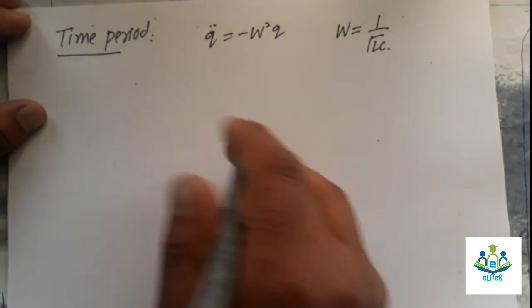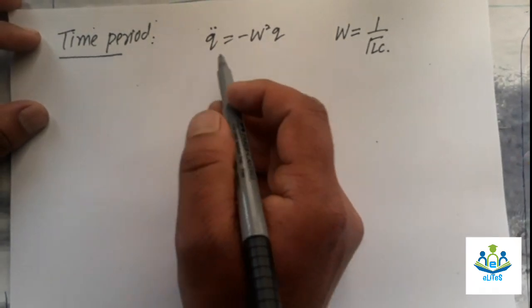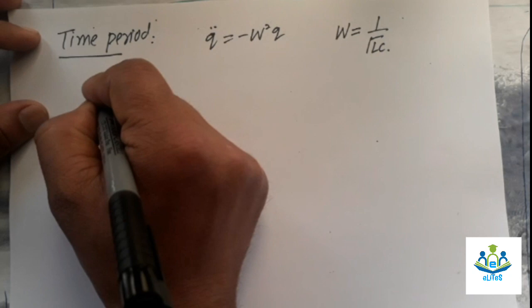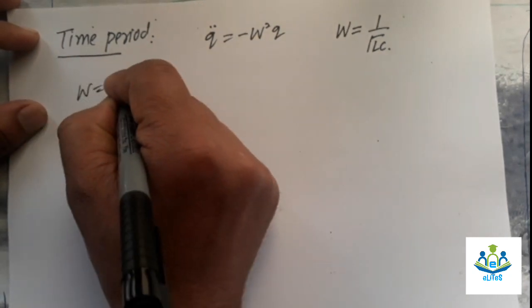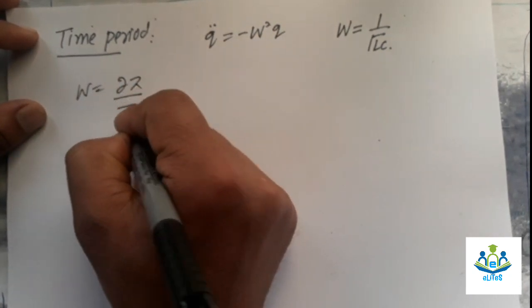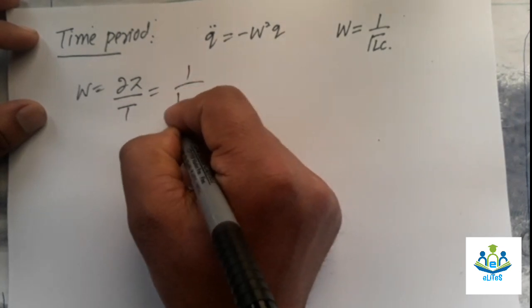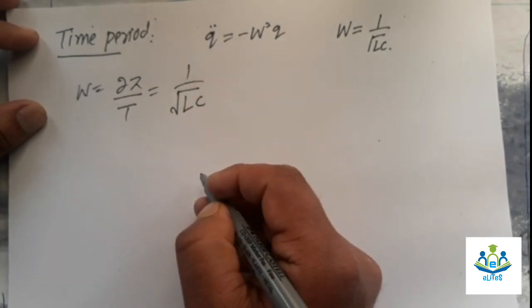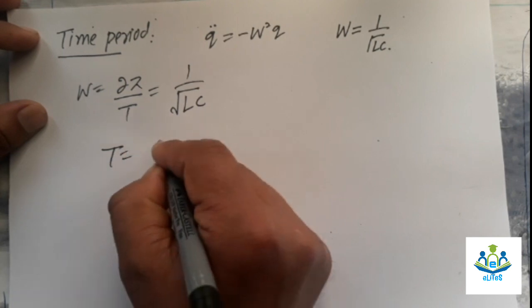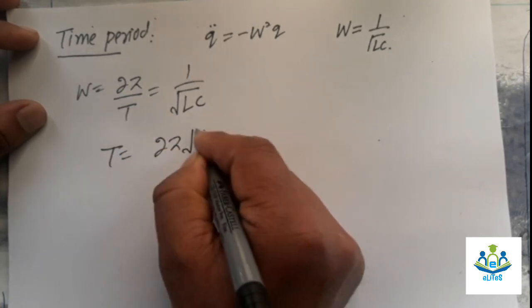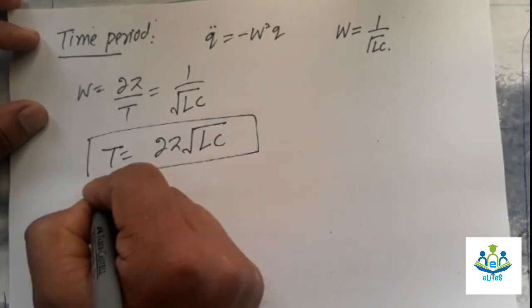Okay, let's calculate the time period of this. We have omega, which is 2 pi over T, equal to 1 by under root of LC. All right, then the time period will be 2 pi under root of LC. So this is the time period of